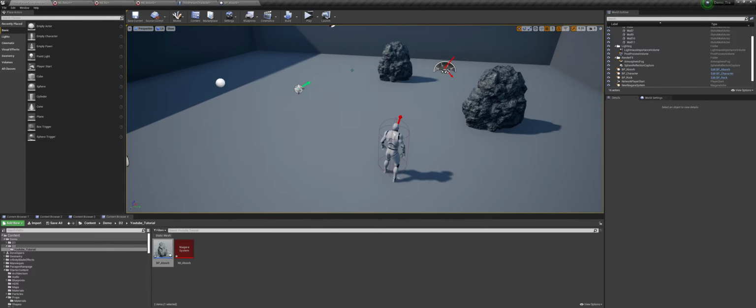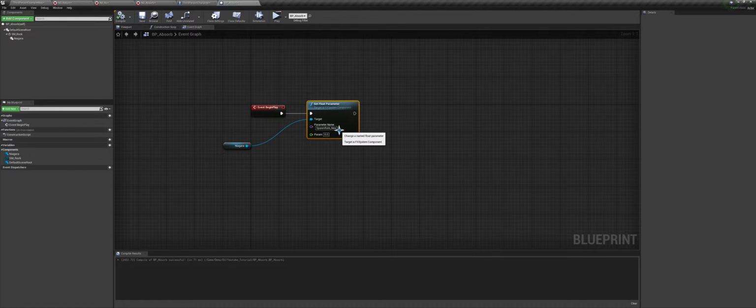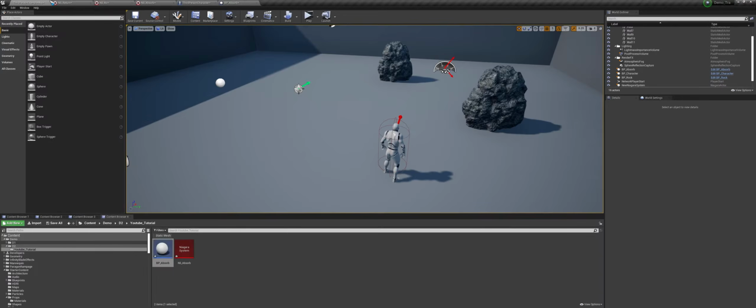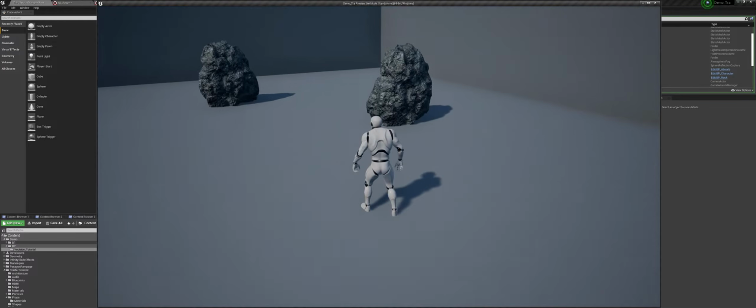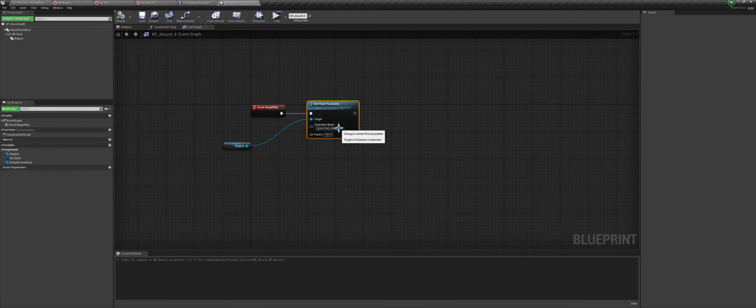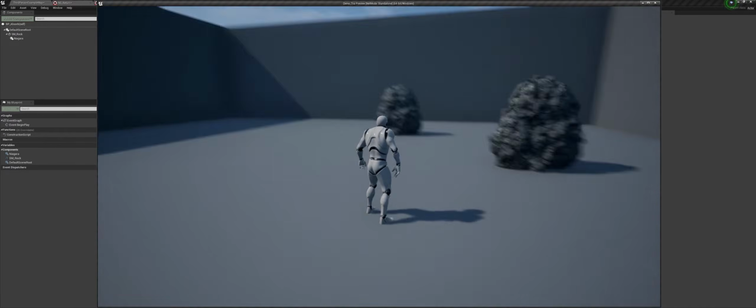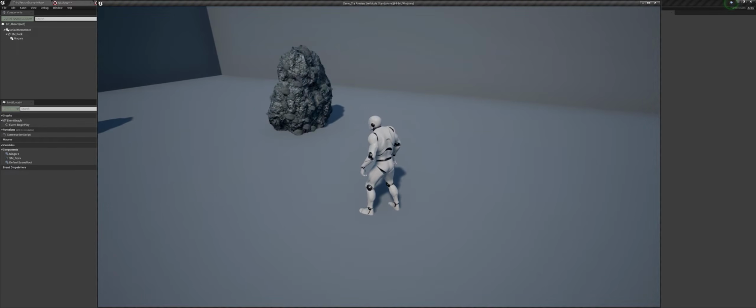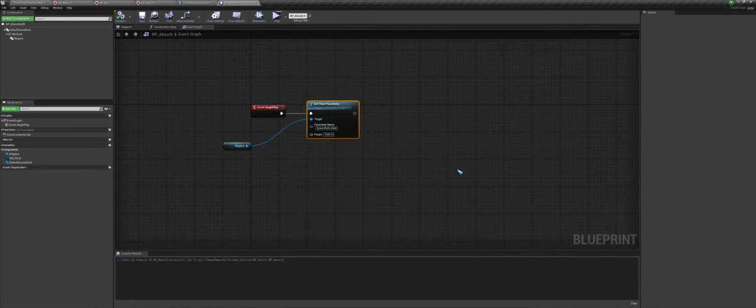Now nothing is spawning, and if I set this value to like 100, and if I press play, you can see that a small amount is spawning. And now if I set this value to like 1000, you can see a lot of them are spawning. So you can set this value using a timeline or whatever, to animate the spawn rate during runtime. So we will do that later.